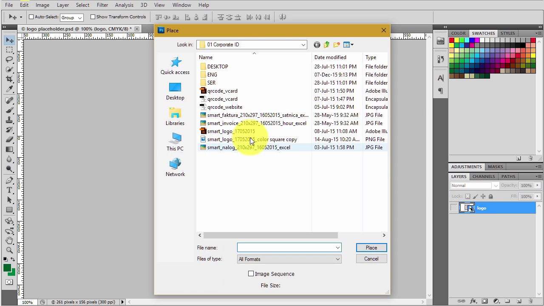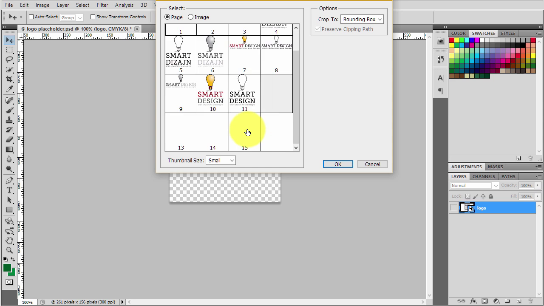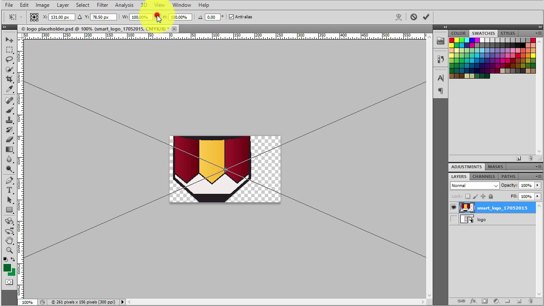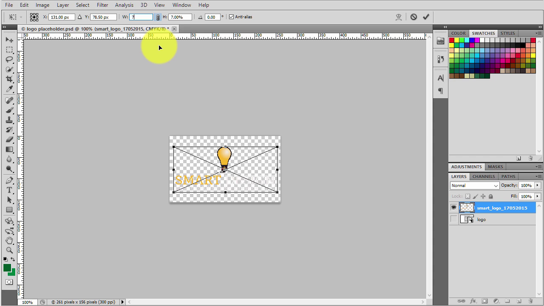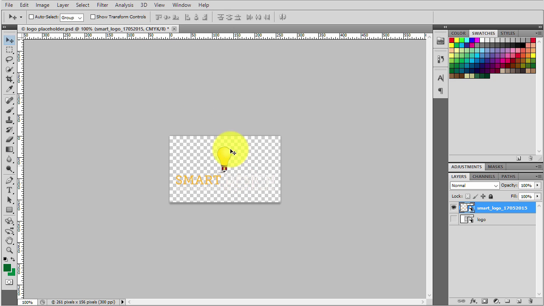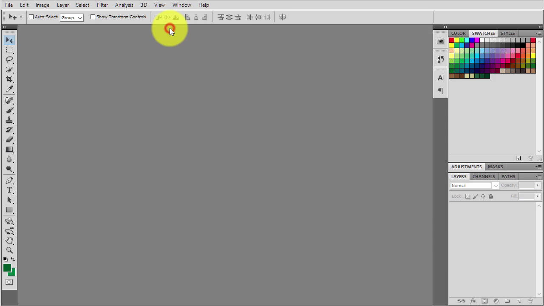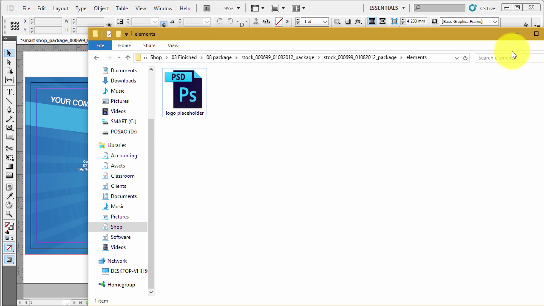So once I place my logo here, I'm just going to use this panel here to size it down. And once I do, I'm just going to leave it transparent, save it, and now when I go back to